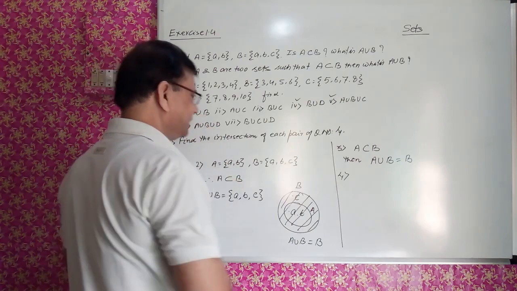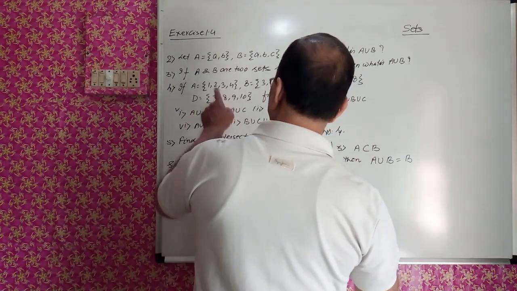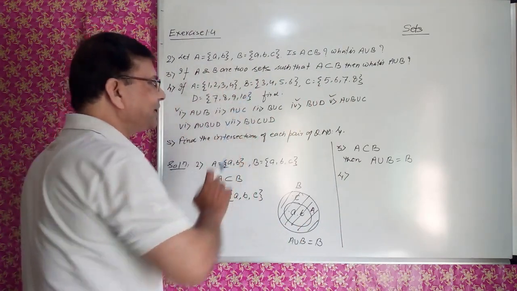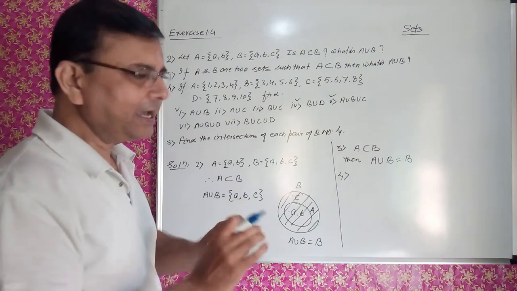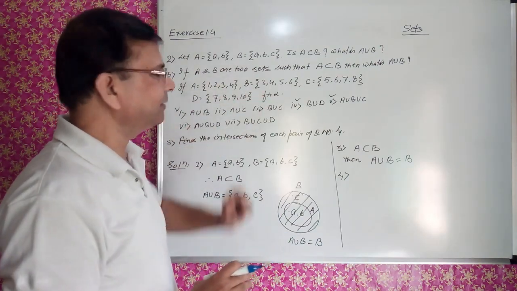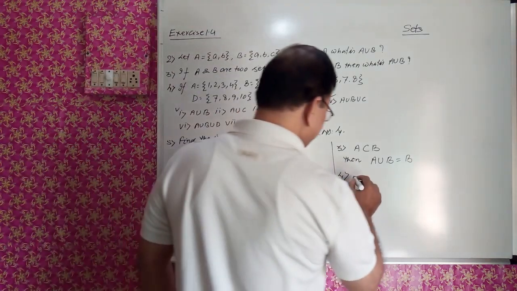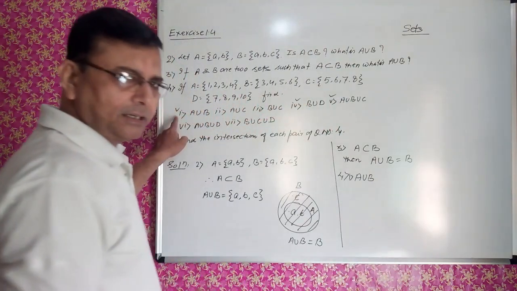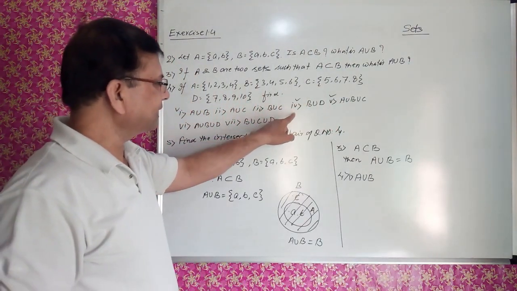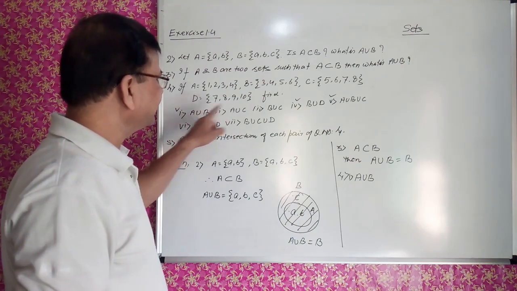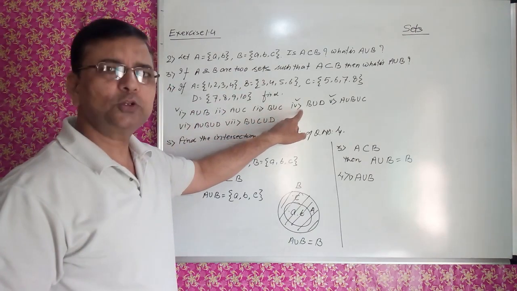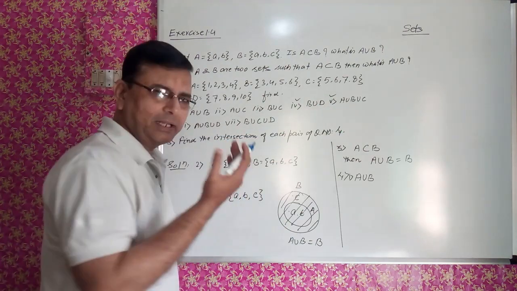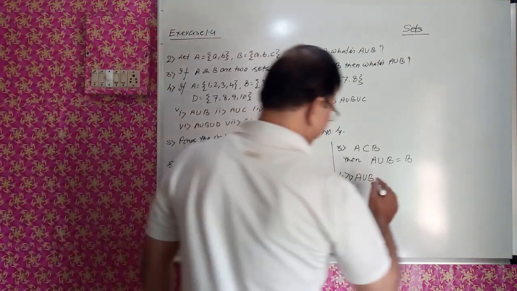So I will take up the first, A union B. So A is this, right? A union B means those elements which are common, that I will write, and the remaining elements of A and the remaining elements of B will be written. So in this case, A union B, that is the first part I am taking. Let me take the first part, the fourth part, because these 3 are similar. Take one of these, then the rest you have to do on your own. So A union B.